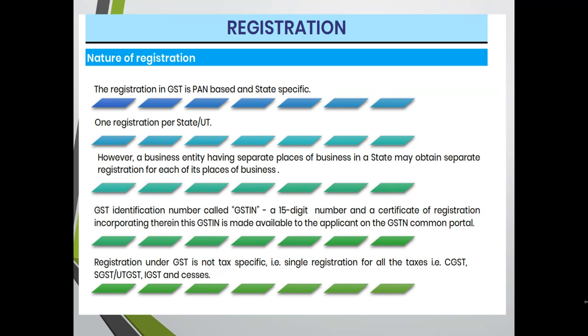The next 3 would be various permutations and combinations of numbers, digits, numerics as well as alphabets. One says A, one says 1, one says 2. Likewise, if you keep adding branch locations in a state, those numbers would vary. That is with the department, how they are going to allot the various registration IDs. So in this way, the last 3 are a mixture of alphabets as well as numerics, an alphanumeric number. So in total, the first 2 are the state code, 10 are the PAN number, and 3 are alphanumeric,